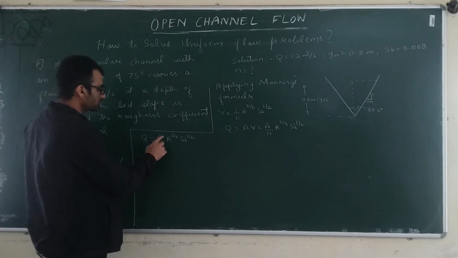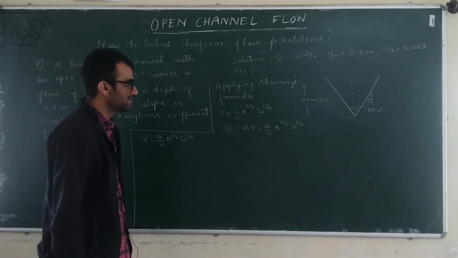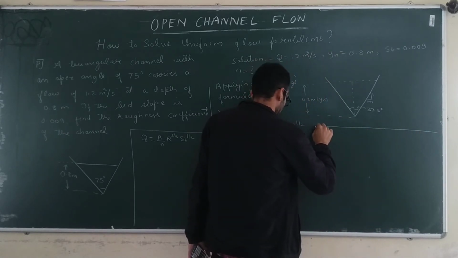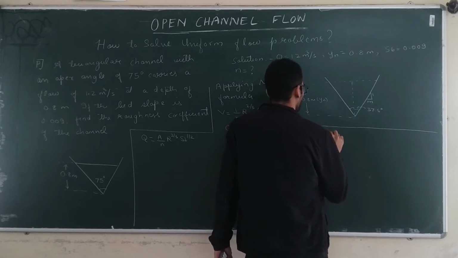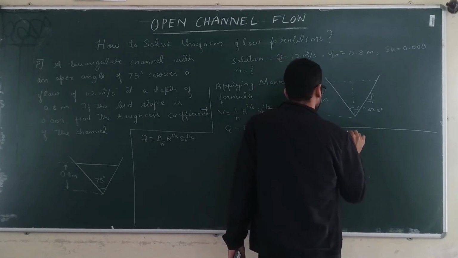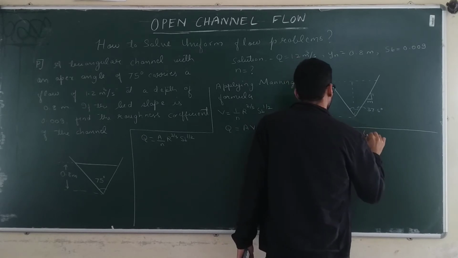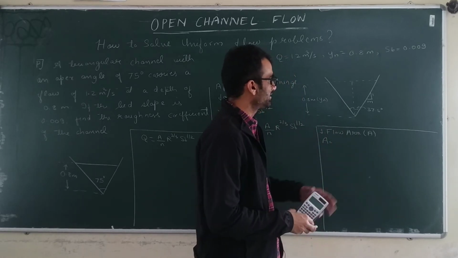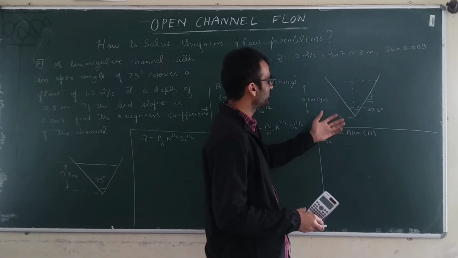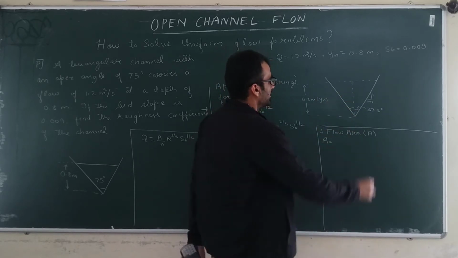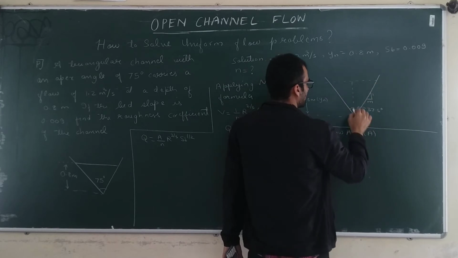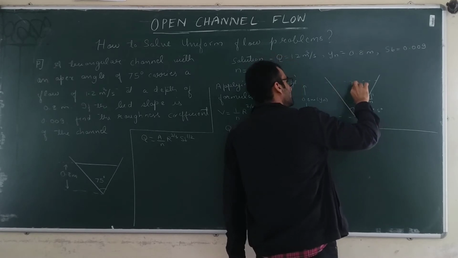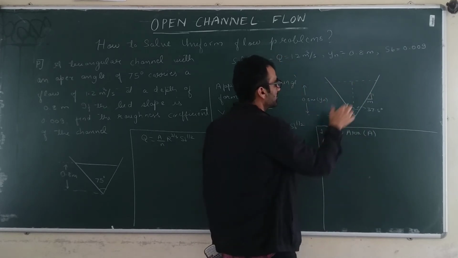So you can easily calculate Manning's roughness coefficient by this formula. First we'll calculate the flow area and hydraulic radius because we need that. So flow area, capital A, first we need to calculate. Now in this case, we have already seen the formulas. You can go by the formulas also. Suppose you don't remember the formula, still you can calculate. What is the flow area? You just need to calculate the area of this triangle. To calculate the area of this triangle, we need this base width and we need the height. Height is already known. It is 0.8, but we will calculate the base width.